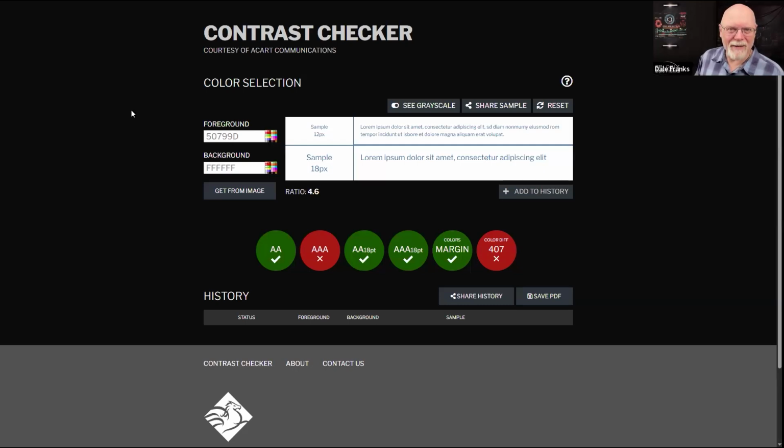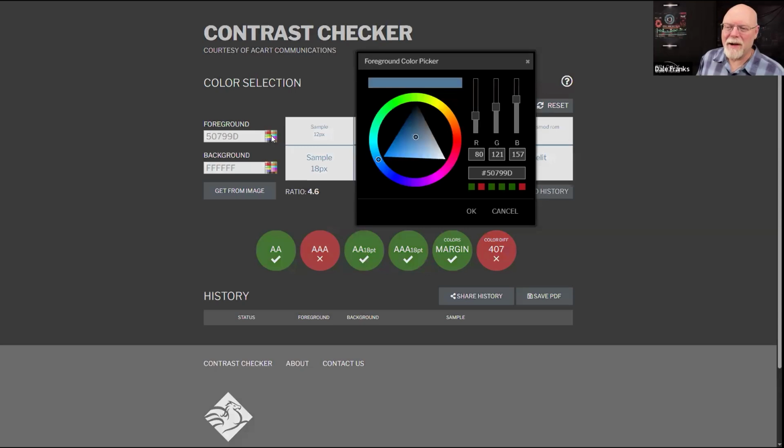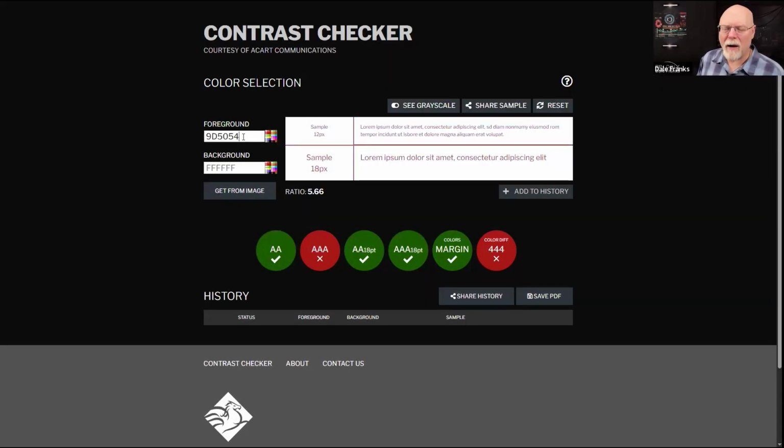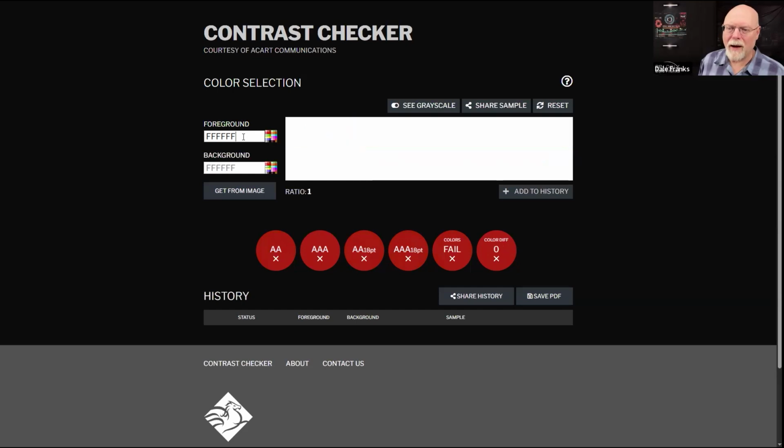for buttons. For example, if I was to set the foreground, and now this is white, so I think it would actually work. What is red? Is red FF00? FF. Oh my goodness. Delete. What is going on here?